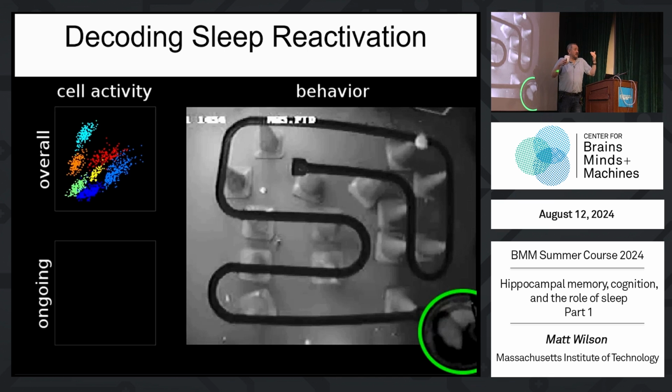And what you see is that there's very rapid expression. One time through a location is sufficient to identify the location where that cell is going to fire. But with repeated passes, the place-dependent firing changes. You get more firing, it's more consistent. So you could say the firing rate goes up, but it's actually more that the consistency of firing